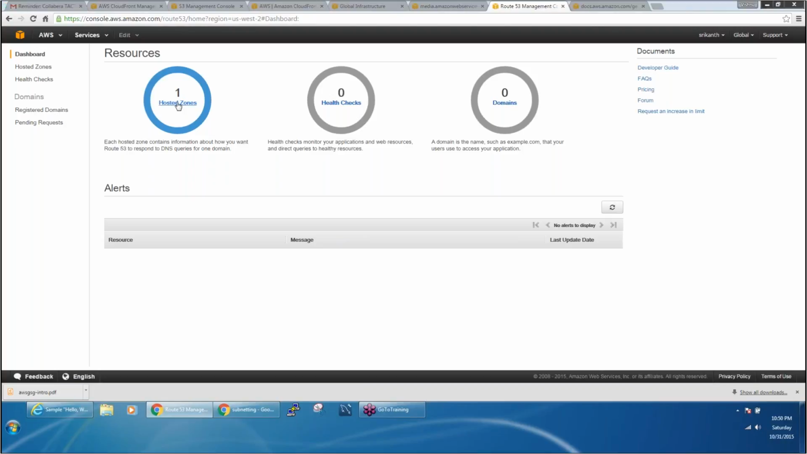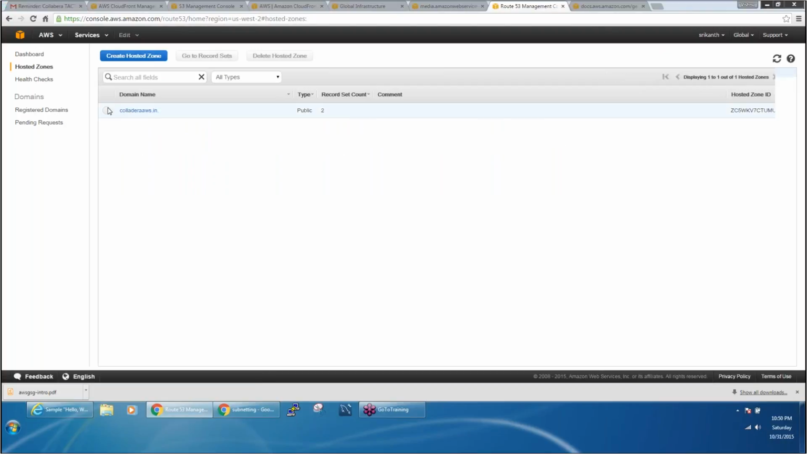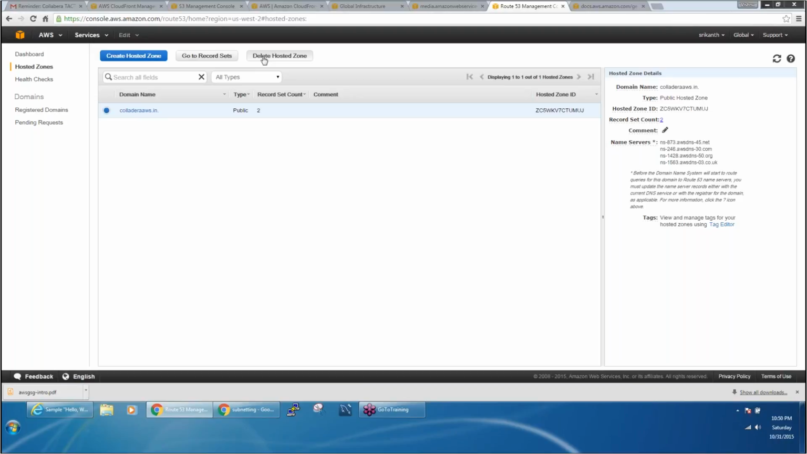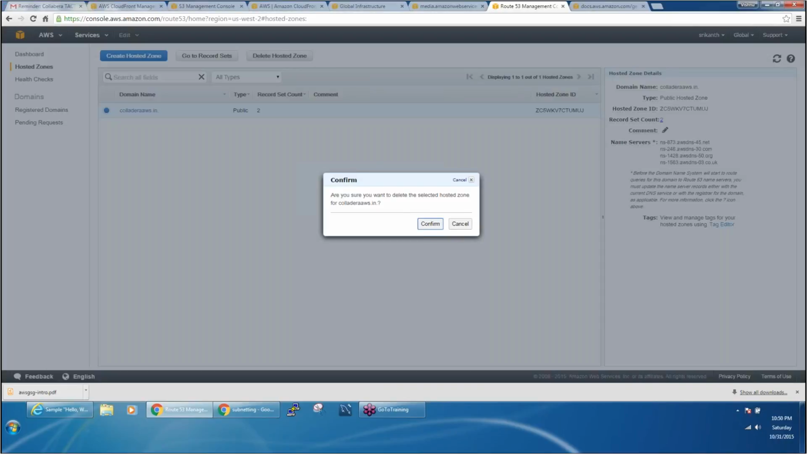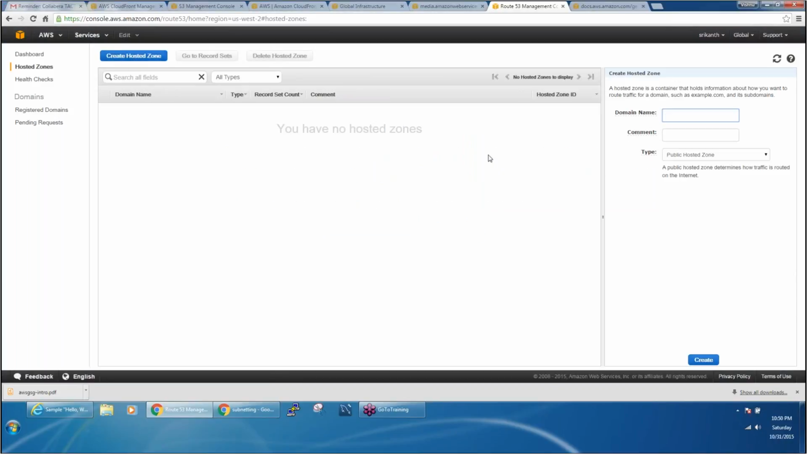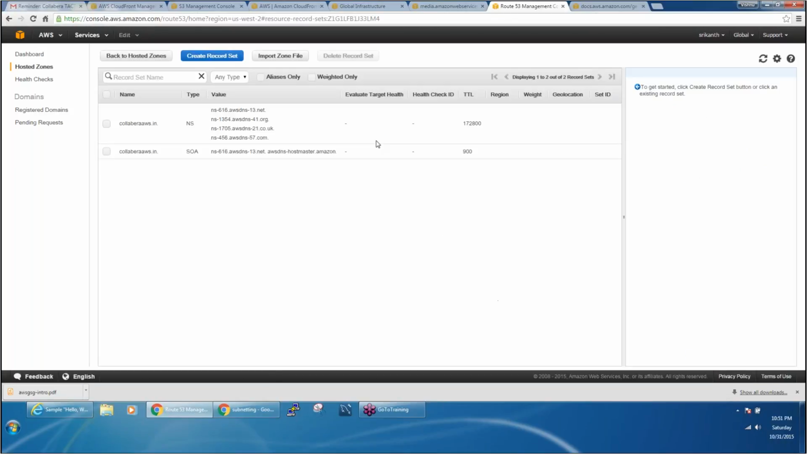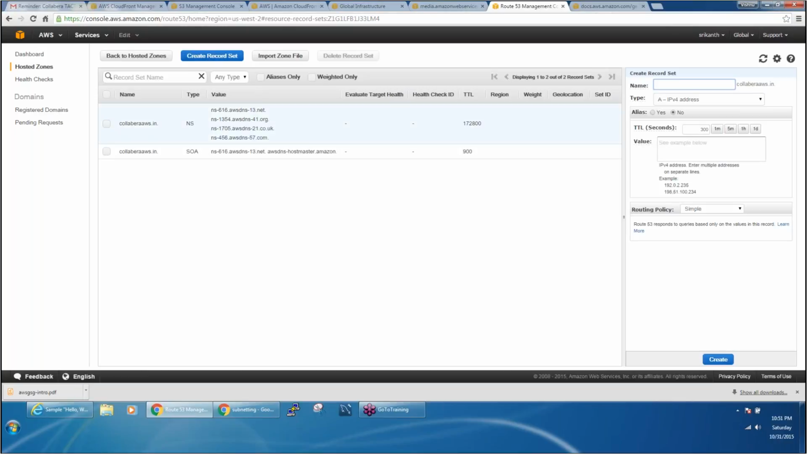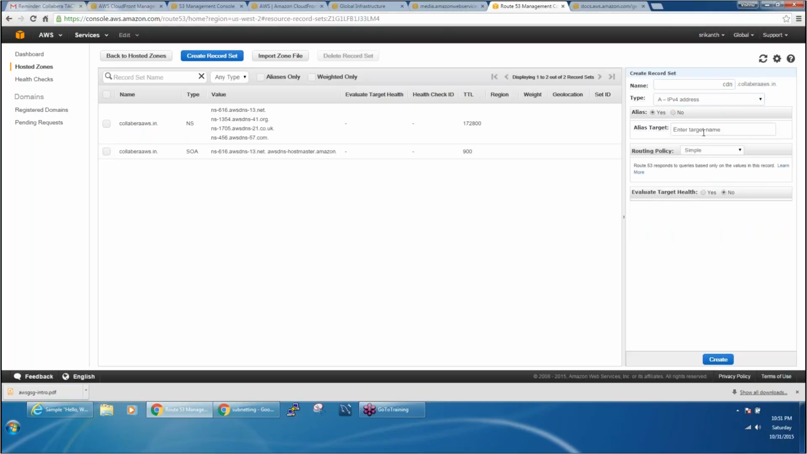So we're going to delete this hosted zone. I made a mistake here. Create hosted zone. Collabora AWS.in. Right, so this time it's correct. Yes, it is. And I'm going to create a record set for it, and I'm going to give it as CDN. Right. And if I say yes,